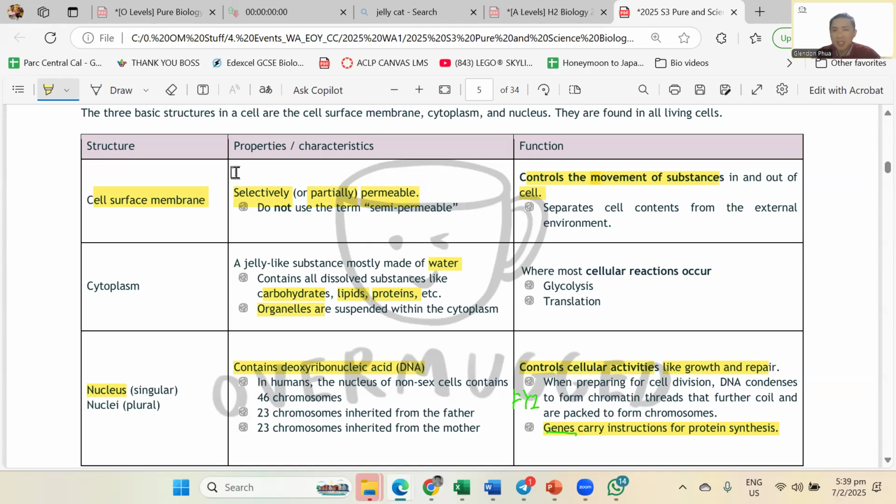Now, if they ask you cellular reaction that occurs here, just say respiration. Okay, no, never mind. Sorry, don't confuse you. Respiration in the mitochondria. This one, you can just say glycolysis. But this time they won't retest you. It's out of your syllabus.